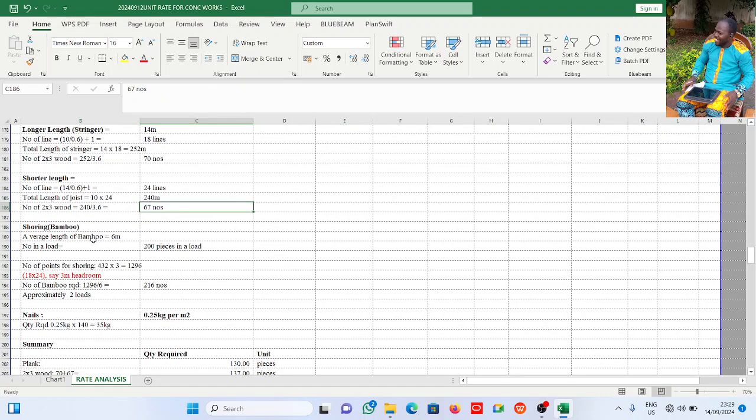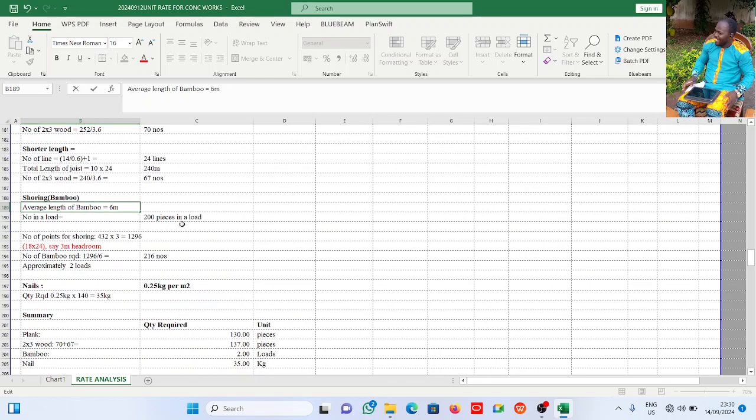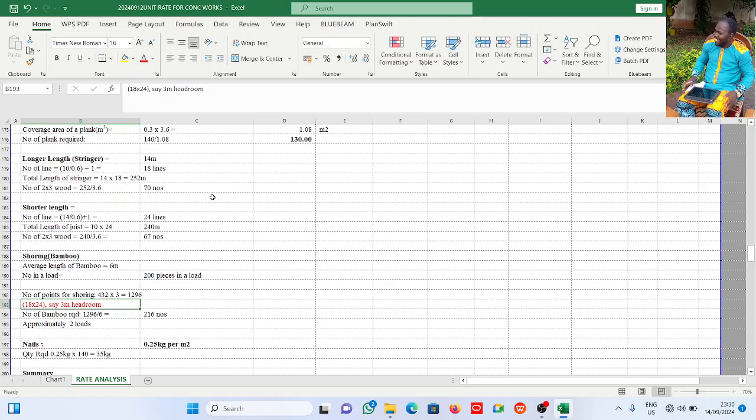And for the bamboo, average length of bamboo is 6 meters, and in a truck we have 200 pieces load. One load of bamboo is 200 pieces. All right, so how many bamboos are we going to have? Now this is how it is analyzed. I have 18 times 24. This is what I have here for calculating the number of lines that you are going to have. You have 18 by 24, so this is